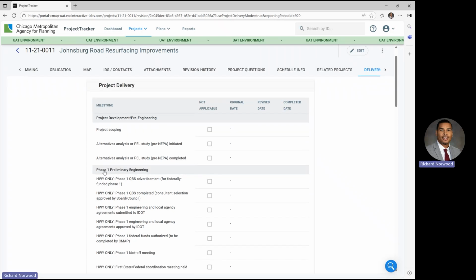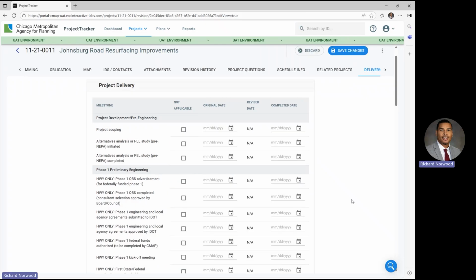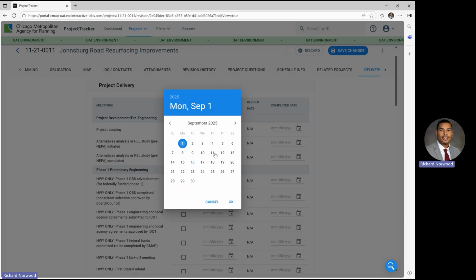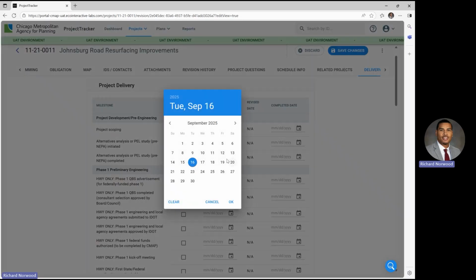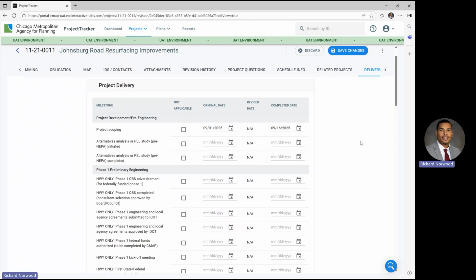Project scoping, phase 1, PE. And then we can set the date that each milestone occurred. And you can set it from the original date that it was expected to occur, and then when it actually was completed. And sometimes these might be the same, but a lot of the times they are different, and so it helps